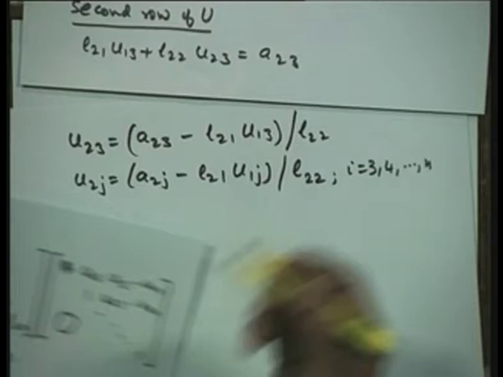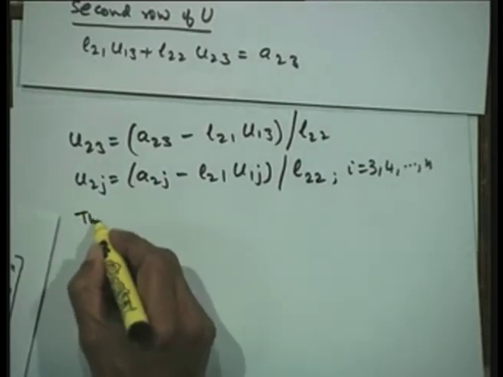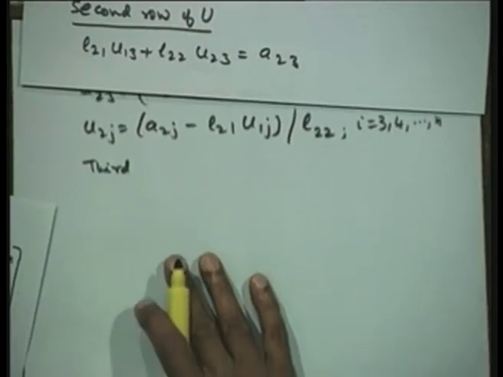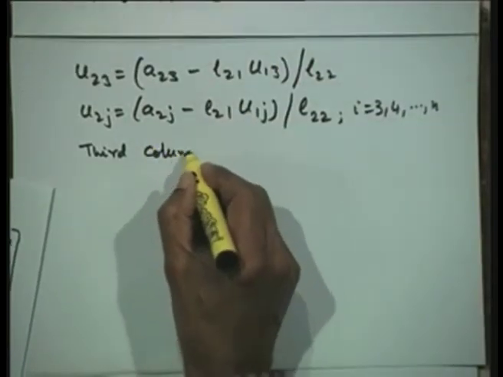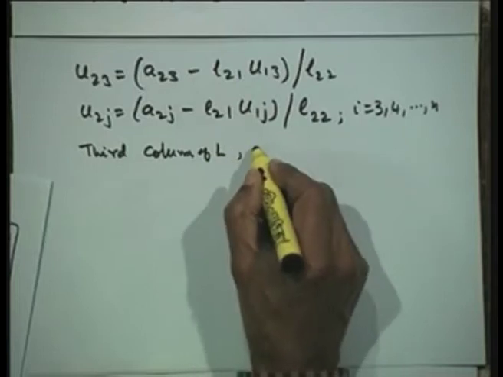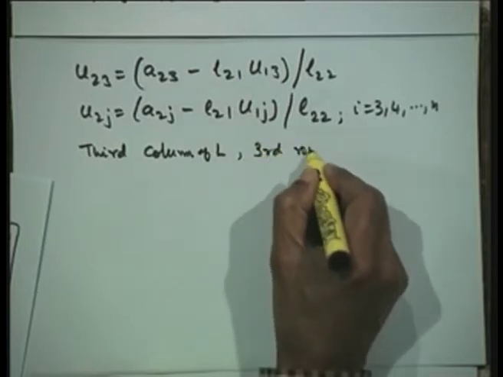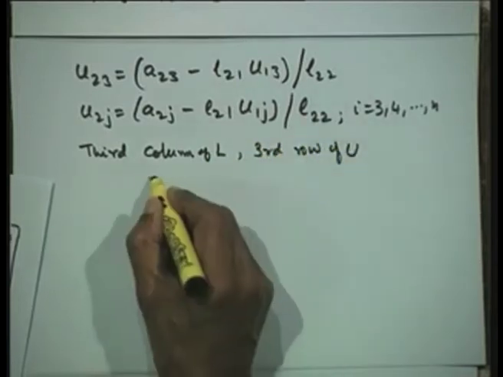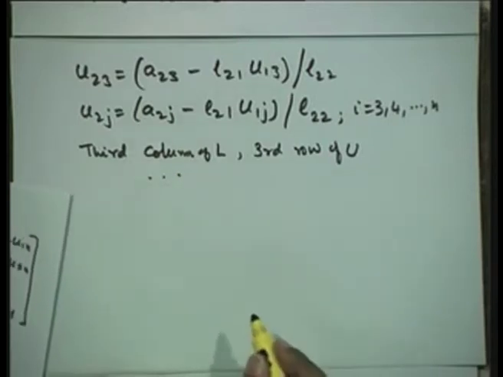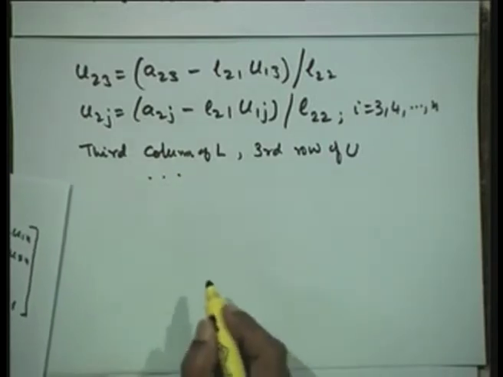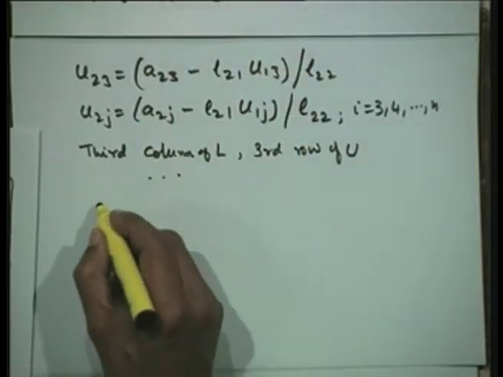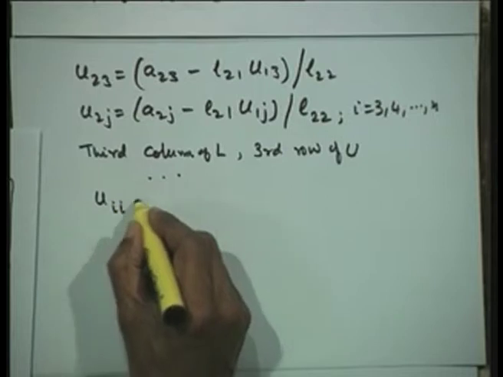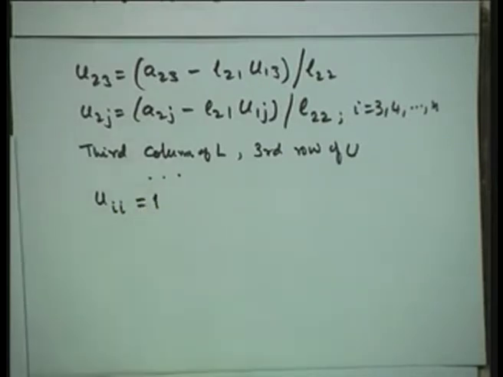Now, the entire set that I had written here can proceed on. We now go to the third column of L, then third row of U, and so on. So, this is how we proceed in the actual computation. Therefore, let me write down once more what I have written. The method therefore is, we start with uii is equal to 1,